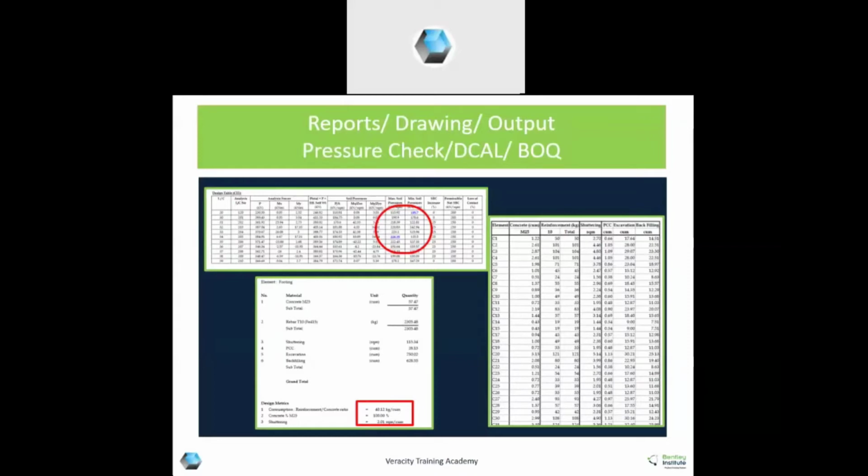So that can be taken. Detailed reinforcement wise quantity, PCC and excavation detail BOQ, as well as backfilling quantity is there. Depending upon the level of foundation you have already input, the backfilling quantity is calculated.